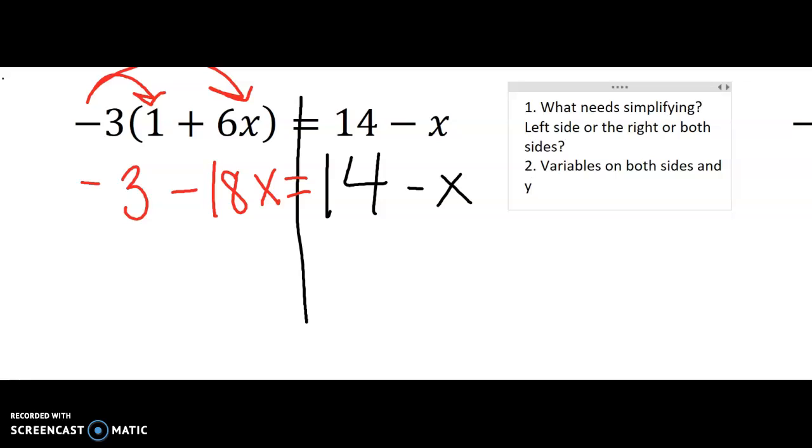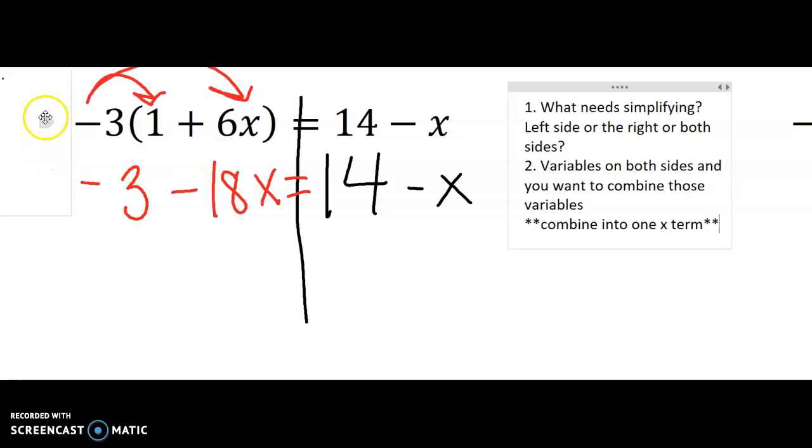And you want to combine those variables because you don't want to have 2 x's, you just want to have 1x. Remember that, combine into one x term. Again, if you need to pause the video so that you can write down these notes, please feel free to do so. So I'm going to go back to what we learned from combining like terms in the previous video,